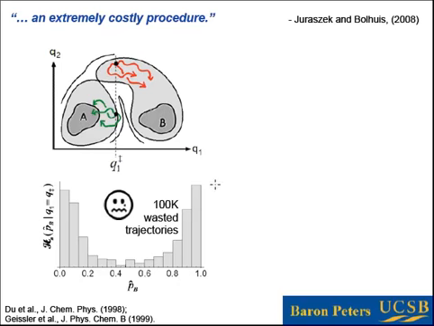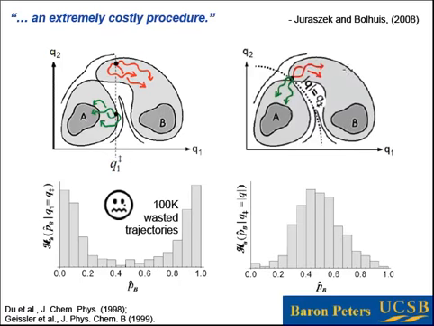So the problem with this, and this is really depicting the trial and error approach that Ballhaus noted was so expensive, is that you've invested really something like 100,000 trajectories in testing the coordinate Q1, because each of these estimates requires about 100 trajectories, and you have to look at maybe 1,000 of these points to get a good idea of what this histogram looks like. And so that's a pretty costly process. And we can't recover that data. We can't really do anything with it afterwards. It's specific to the test of coordinate Q1.